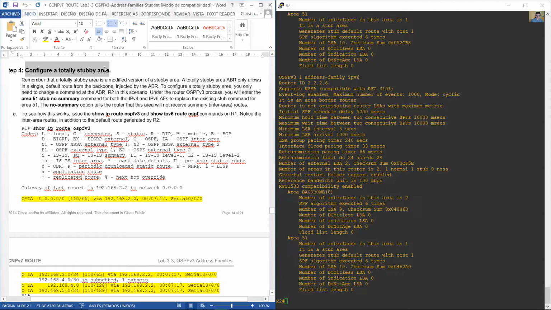Configure a totally stubby area. Remember that a totally stubby area is a modified version of a stubby area. A totally stubby area border router only allows in a single default route from the backbone, injected by the area border router. To configure a totally stubby area, you only need to change the command at the area border router